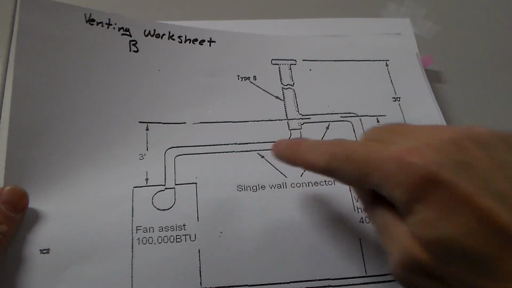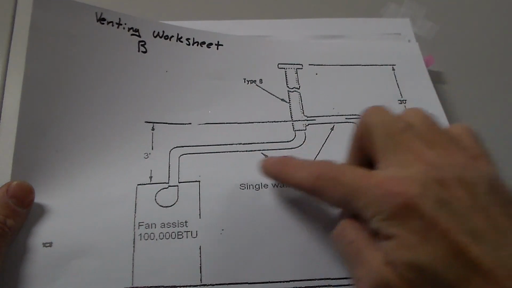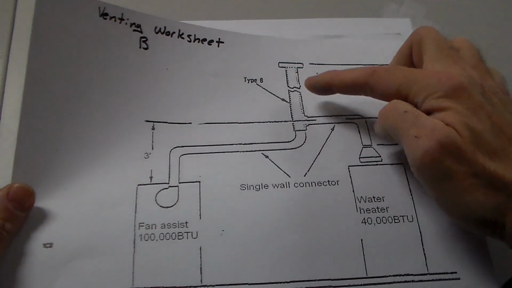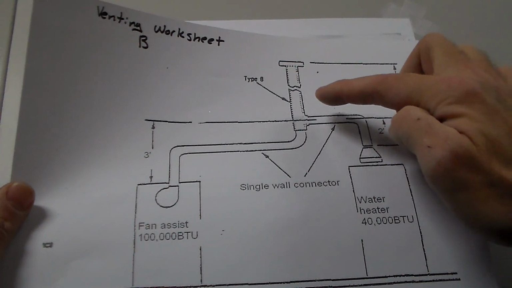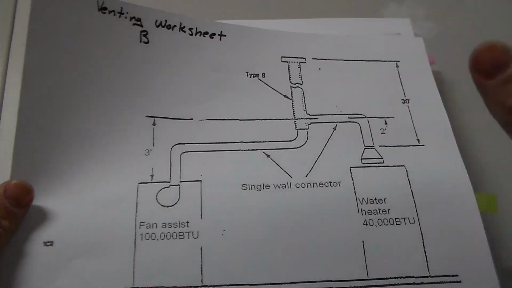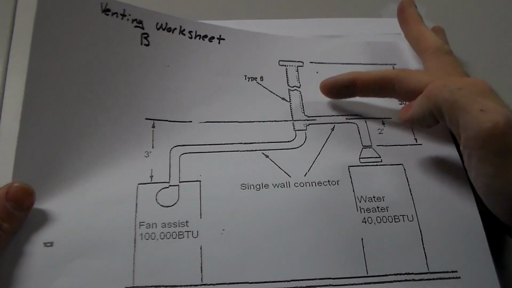So we would use the B vent single wall table for this. And if these had B vent connectors, then we'd use the B vent. And if this was masonry, then we would use masonry single wall. And so the main bolded part of the chart that says B vent or masonry, that's referring to the chimney